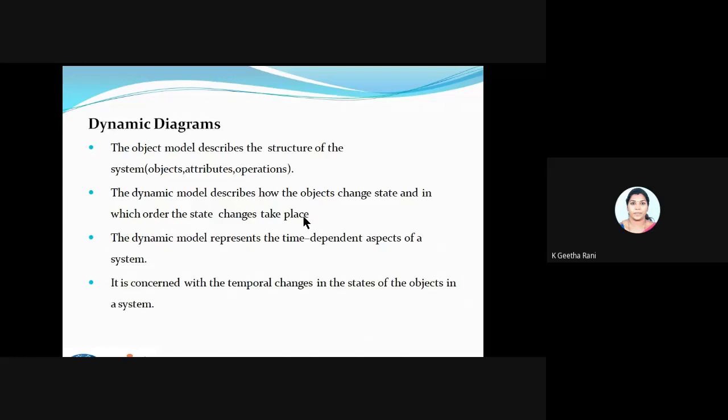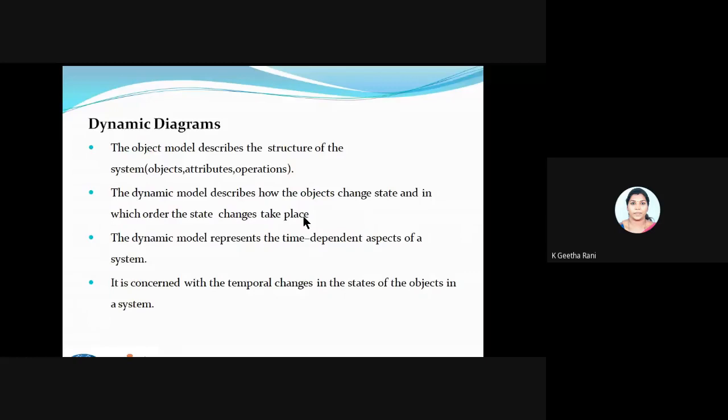Now we will see what this dynamic diagram actually means. Today we will be describing everything in terms of an object. This diagram will have the object, attributes, and operations. So we are going to implement everything in a diagrammatic way. Purely we'll be telling about the state of the object here.